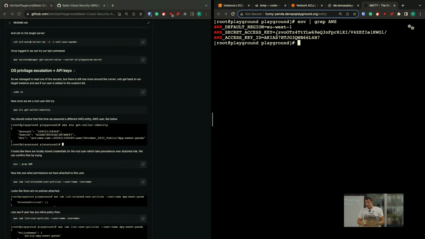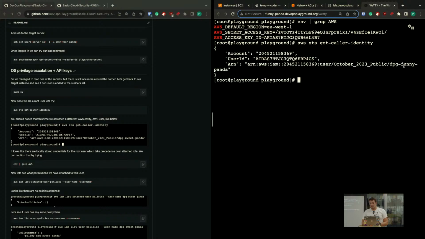You could copy those credentials and use them from your local machine. Again, sky is the limit. What we're going to do, nevertheless, is see how far this Funny Panda user can actually take us, and what we can do with this policy. There will be not much of a surprise there, but